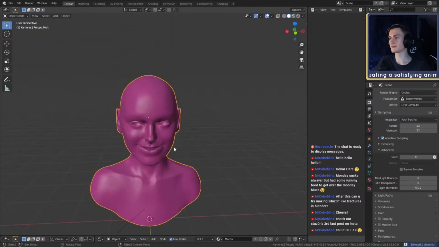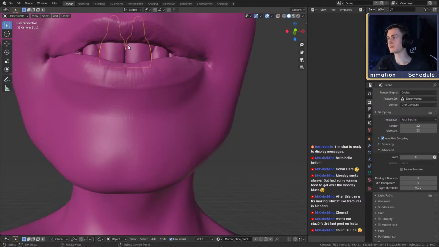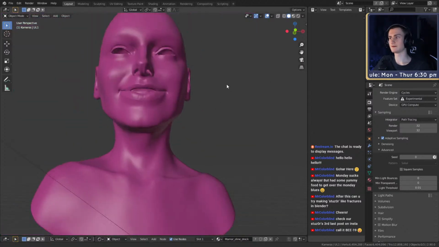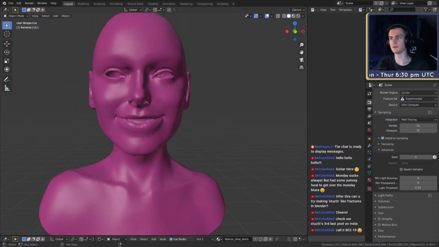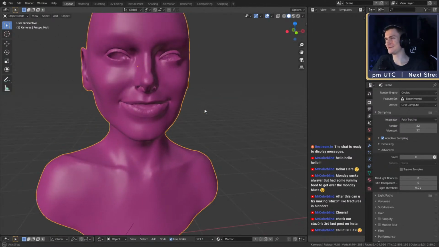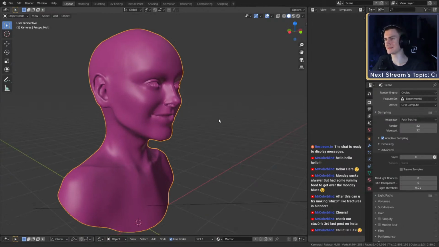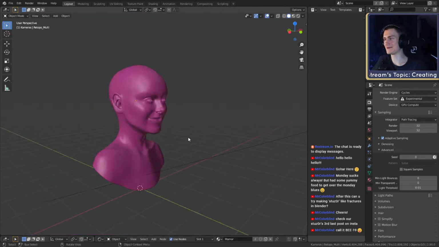So the teeth are part of the, oh. Wait, where are they? Oh, there they are. Okay. I guess we can probably keep them in there. Let's just remove them. Looks kind of weird, but I think we can survive looking at that teethless mouth.